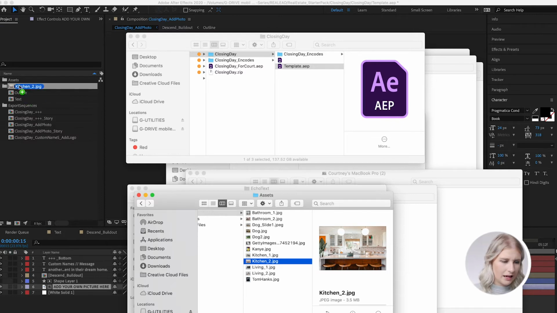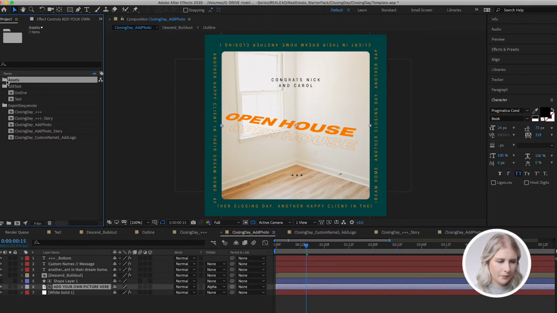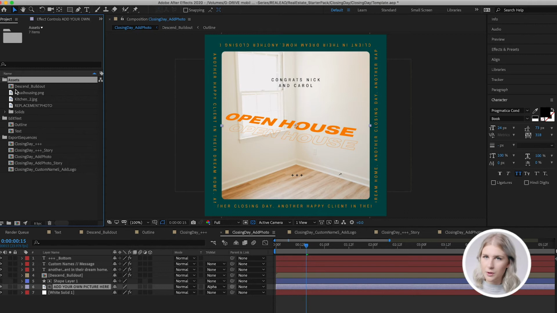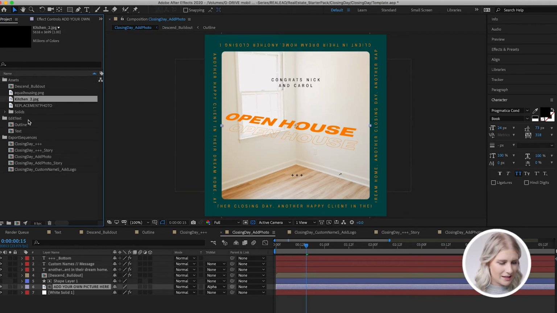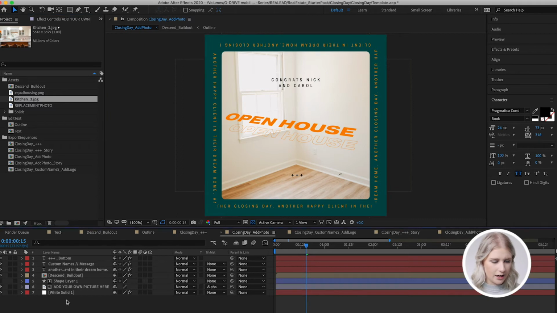Okay, so I'm gonna pull that into my project file. Under assets, you obviously would want this to be a picture of the actual home or client, but I would go and select that photo here. And then I want to go back to this composition work area. So it's blue, and I click on add your own picture here. Now while holding the option key, I'm going to drag this photo